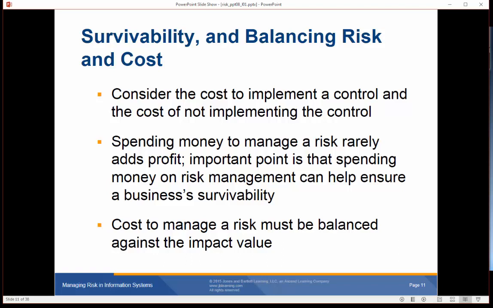We know that. The important point is that spending money on risk management can help ensure a business's survivability. And so if you can stop a threat from happening, then is it worth it? I would say yes. The cost to manage a risk must be balanced against the impact value. And so